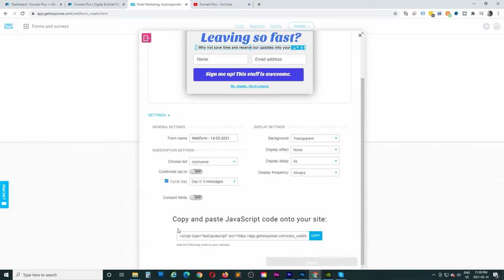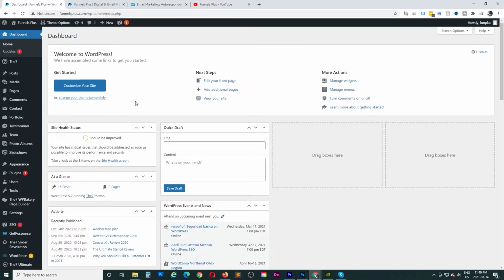So right now all we need to do is just copy and paste this piece of code to the WordPress website. This is the JavaScript code. So let's click copy. Let's go back to the WordPress dashboard. I will show you the easiest way, I think, to add that code. So go to Appearance, Theme Editor,